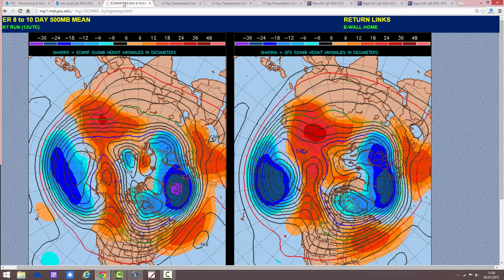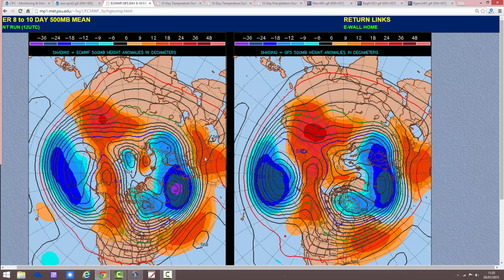But the North Atlantic is not in a great setup this winter for cold weather. I explained this when I did my winter forecast at the very start of December, that the North Atlantic is not in a great position this year to be going negative and to be bringing that cold weather. So that could be a bit of a problem.